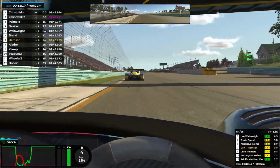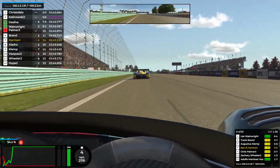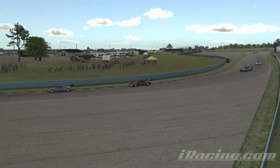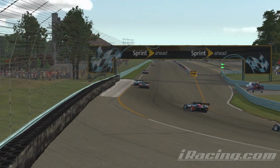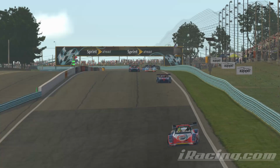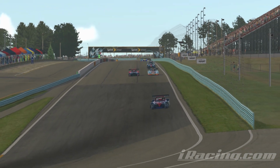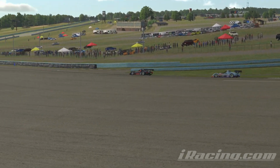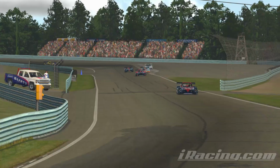In fairness, I think he slowed for the yellow flag as well, so I didn't go all out to pass him there because that didn't feel like it would have been a reasonable thing to do. Let's then take a look back at how all of that drama played out. What we've gone to first here then is the move which sees Brand drop down a position to Wainwright, which then ultimately allows us to get onto the rear wing of the car up ahead,